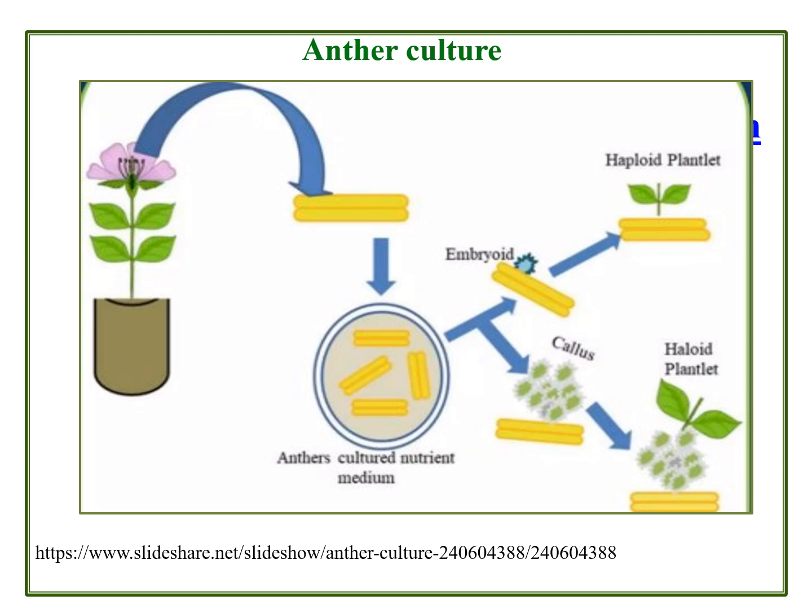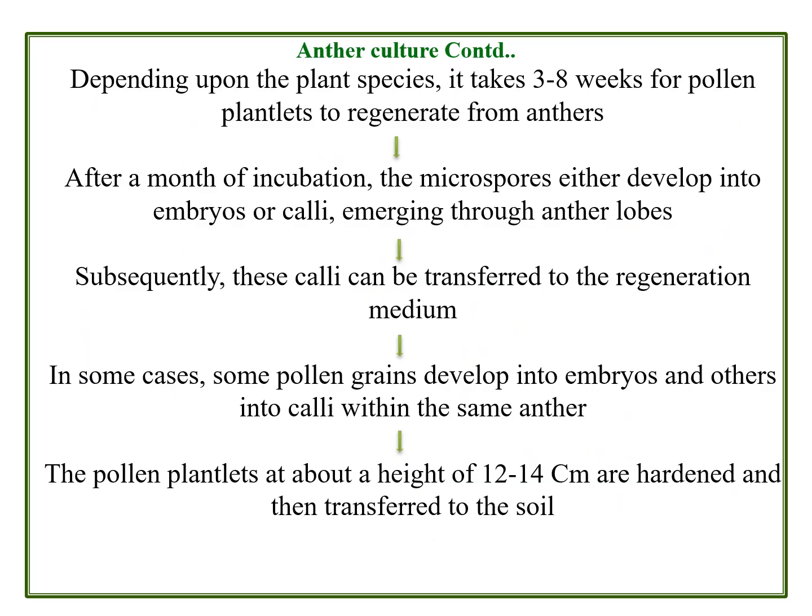But here the embryoids can directly give rise to haploid plantlets from the anthers. Depending upon the plant species, it takes 3 to 8 weeks for pollen plantlets to regenerate from anthers. So this is a long period, about 2 months, to get the plantlets from the anthers. Of course, care must be taken against contamination, browning or reddening of the media,